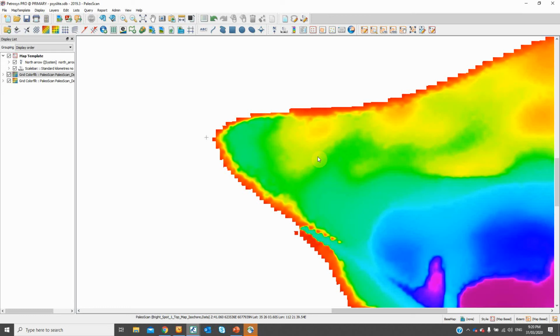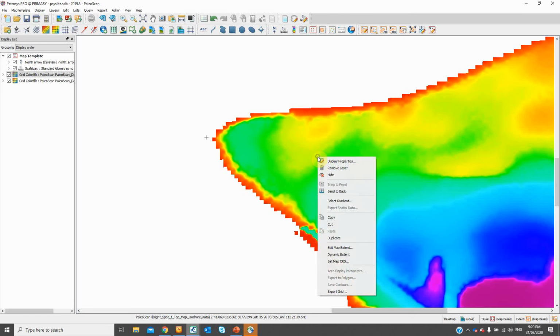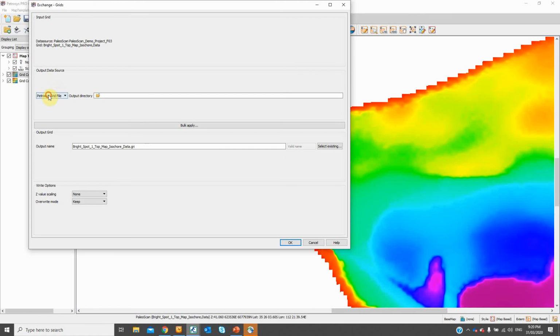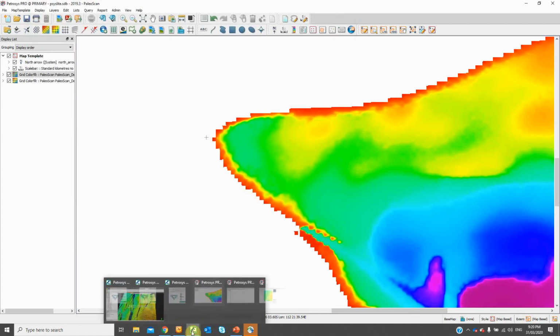If you want to do a quick export at this stage, you just can right click, select export grid, and you can export directly from within mapping into any of these formats. So that's what we can do from mapping. If I close this one here,